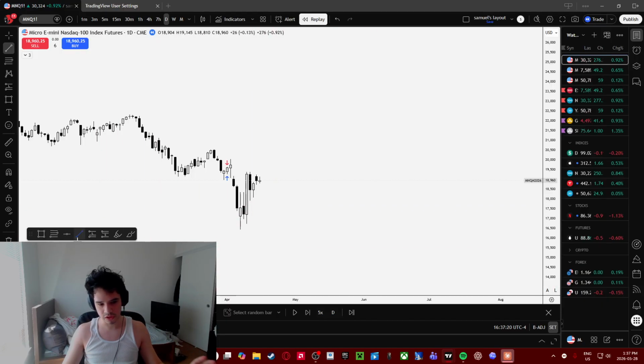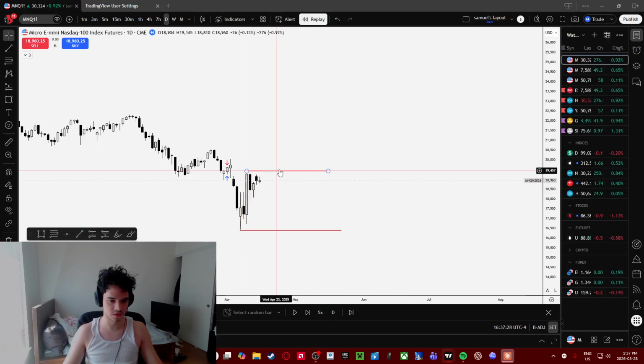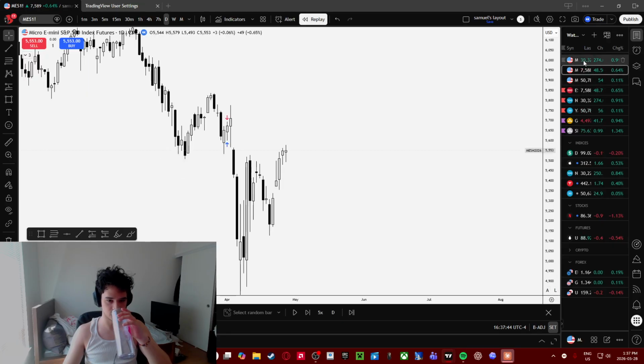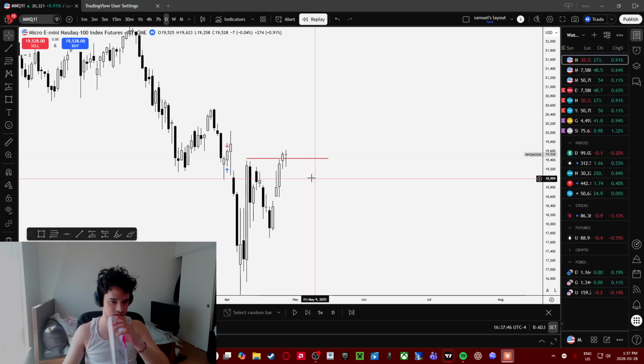Right now we're just ranging. You want to see manipulation of a high to trade lower or manipulation of the low to trade higher. So let's see how it goes. We're touching this high. The fair value gap, let's see if we have an SMT. We have an SMT and our fair value gap in the correlated assets. So this is